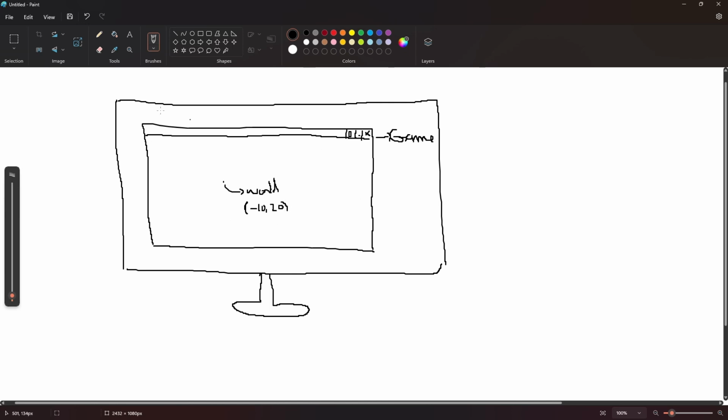But in the screen, so in the monitor coordinates, this point is measured in pixels, right? So this is going to have, I don't know, something like 500 pixels like this, and 300, for example, right? So in the screen coordinates, this is actually going to have something like 500 by 320 or something, I don't know, right? So this point has two coordinate systems, one in the screen, that is the window that is contained in the monitor, and another one is the world, that is basically the virtual world that we are projecting into the screen,